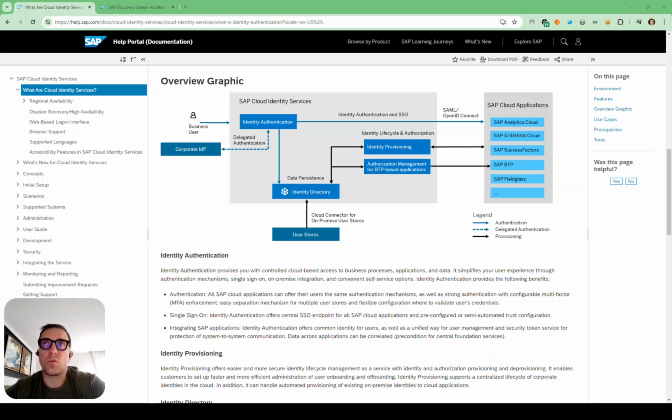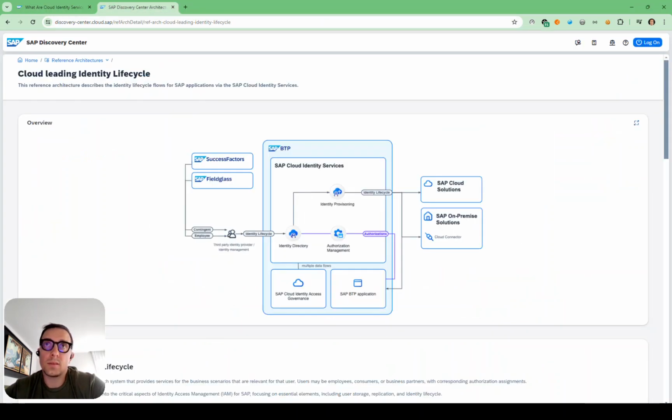From everything mentioned so far, it has become clear that no matter which IAM platform you pick as the successor of SAP IdM, it should have very good integration to all these services. This is also depicted in the recently released Cloud Identity Lifecycle Reference Architecture. The diagram you see shows some example SAP source systems like SuccessFactors and Fieldglass, which are consumed by an IAM solution and in tight collaboration with SAP Cloud Identity Services facilitate the identity lifecycle. But you might say,